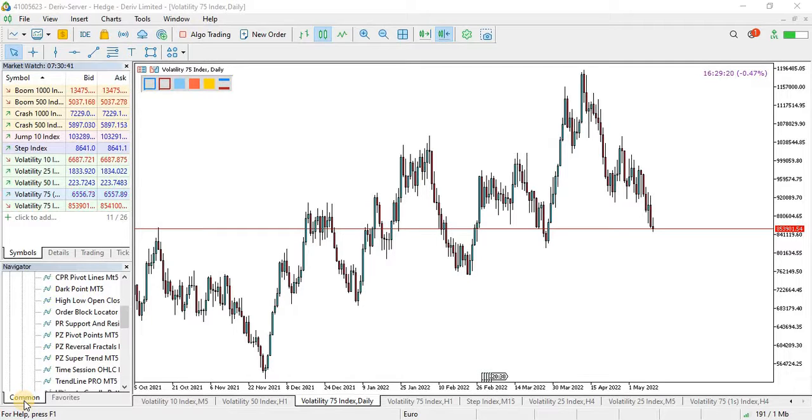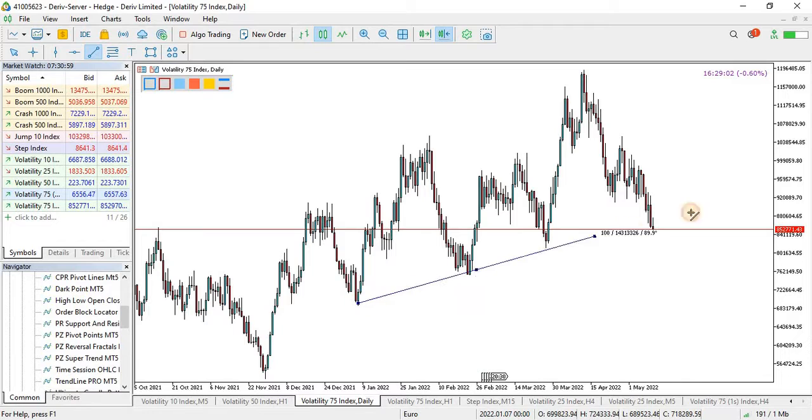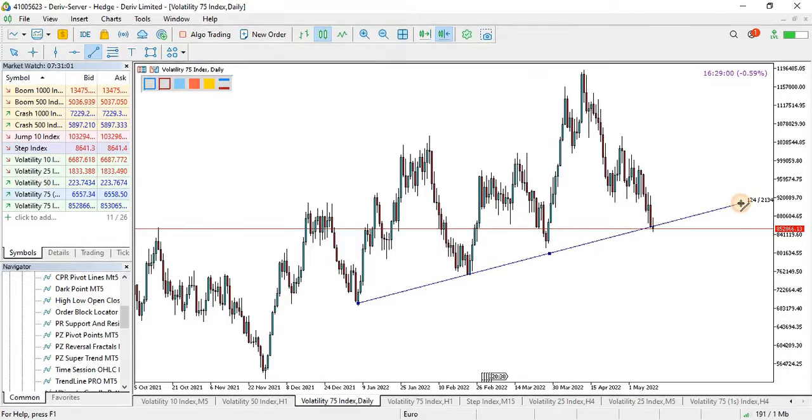This is me trying to create a plan, or system, to use to trade volatility 75. Firstly, I have to identify the direction on my trend lines. Identify directions by using trend lines. Okay, as you can see here,